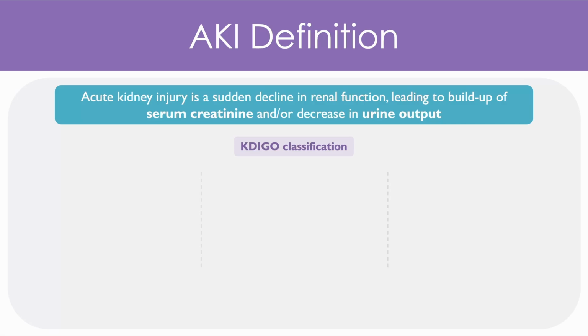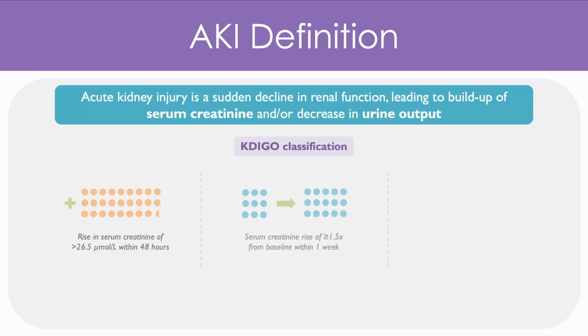For instance, if a patient has an increase of serum creatinine of greater than 26.5 micromoles per liter in the last 48 hours, this would be defined as an AKI. Alternatively, if the patient has a baseline creatinine, and then the levels of creatinine are 1.5 times or more greater than this baseline, this would also qualify for an acute kidney injury, as long as it happened within a 1-week